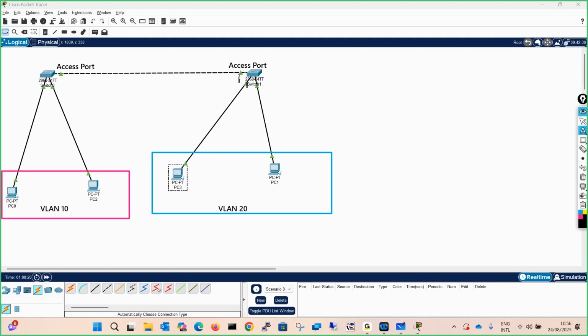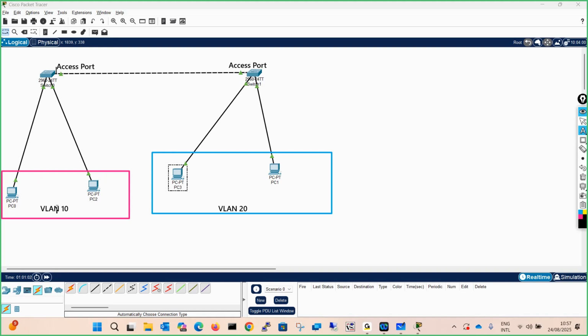Now this port is a member of the VLAN 20 broadcast domain, which doesn't know what VLAN 10 is, and it will be discarded. Let me tell you exactly what happened over here. This is the access port, and by default it will not even go till here. If this is a configured access port and it has VLAN 10, it will forward it over here. But if there is no such VLAN over here, and only VLAN 1, the default VLAN, is there.